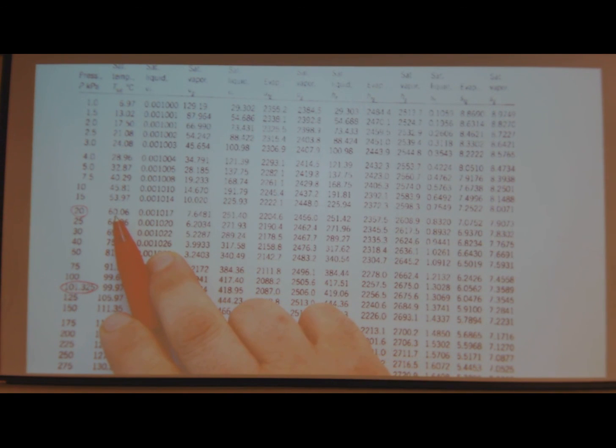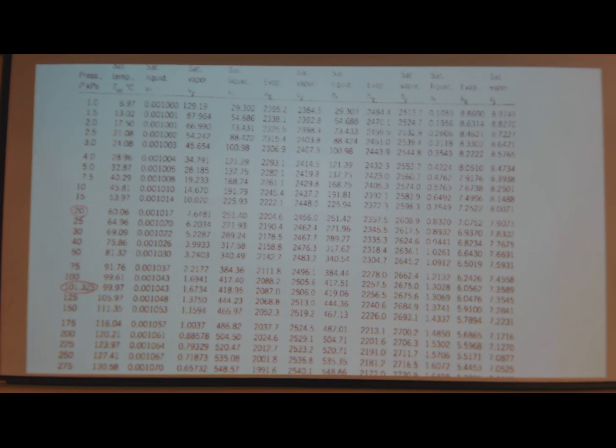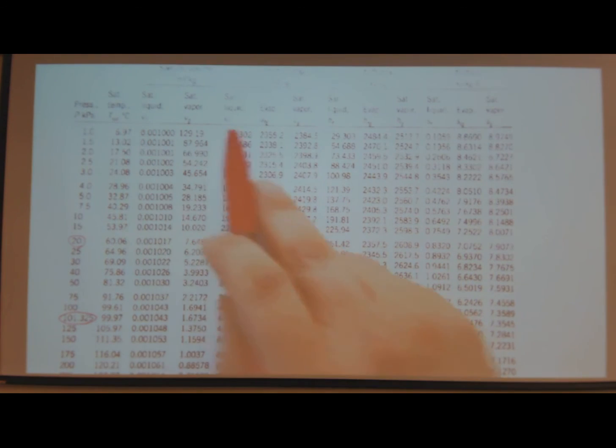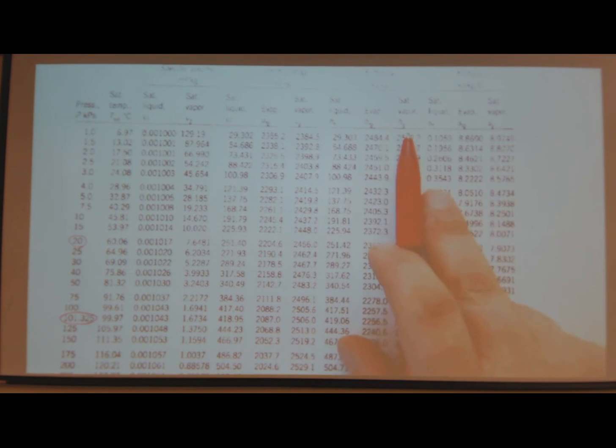Water boils at 60 degrees C, right? It's pretty much our body temperature. It's getting close to it. So you can see that the water really wants to leave because we have the water really close to the saturation. And then we have all these values for specific volume, internal energy per unit mass, enthalpy per unit mass,